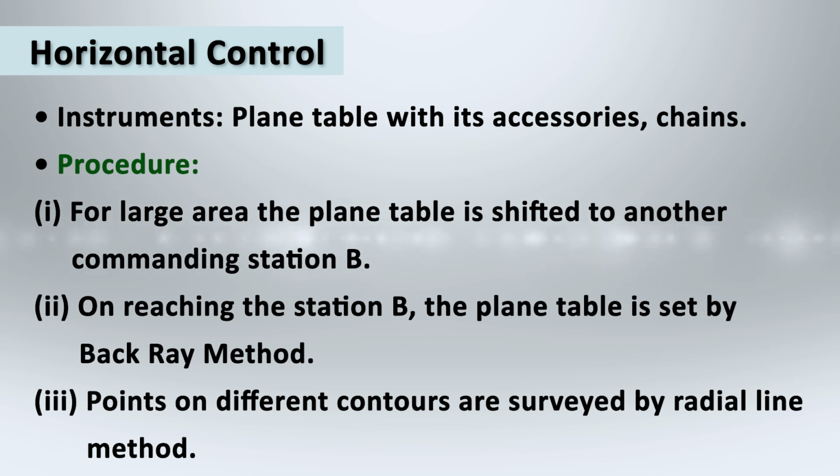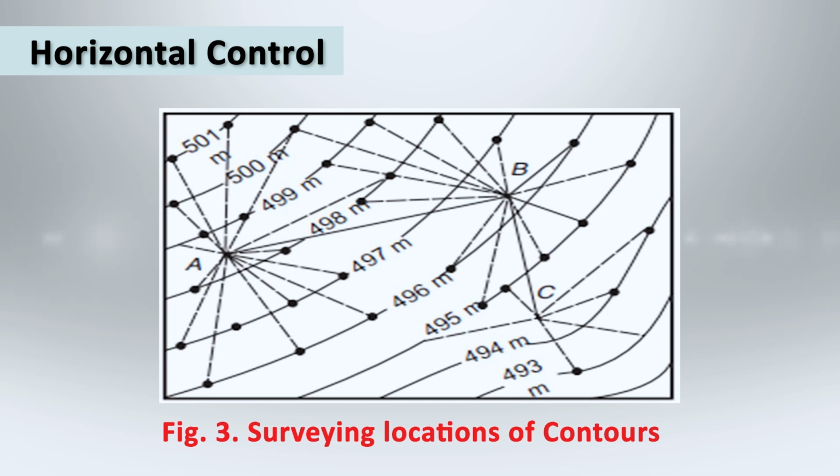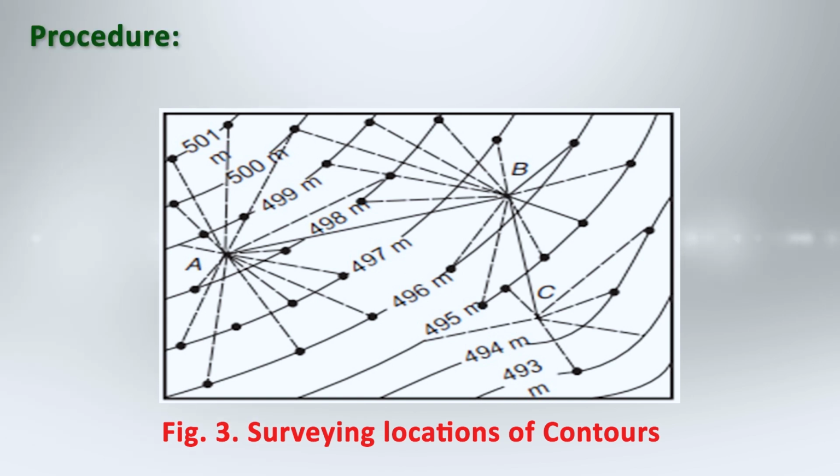It may be appreciated that the contours are drawn through the points located on the plane table. Hence, a sufficient number of points at close interval are required to be located for accurate contouring. While locating contours with this method, the following points should be kept in mind. The plotted positions of the consecutive points on any contour are simply joined by straight lines on the plane table section, and as such, some points on the changes of slopes should also be located.